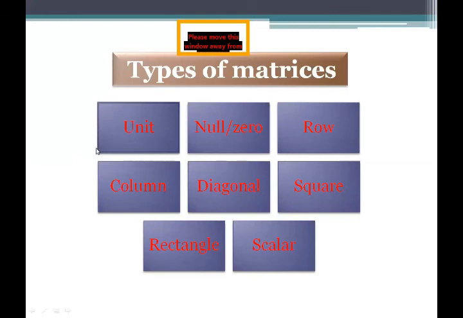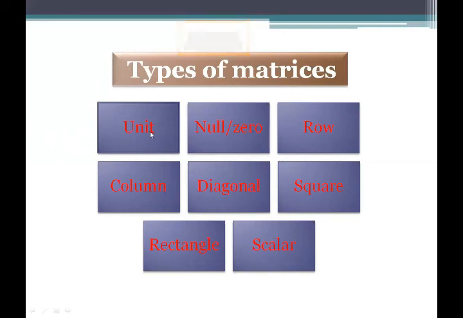And you will write one example of each matrix. I repeat, first write types of matrix in the center and write all these types around it, and it is also compulsory to write one example of each.